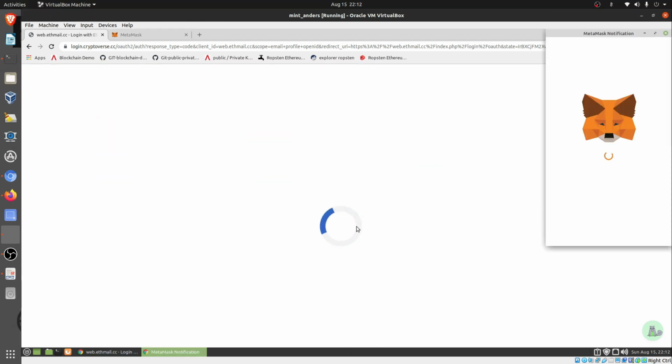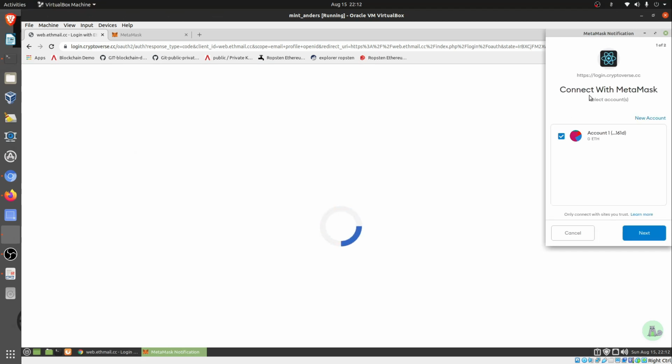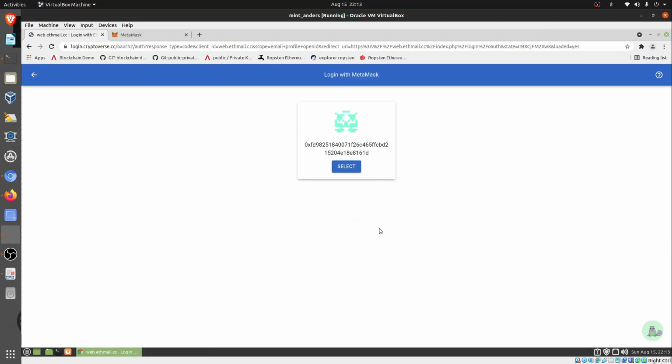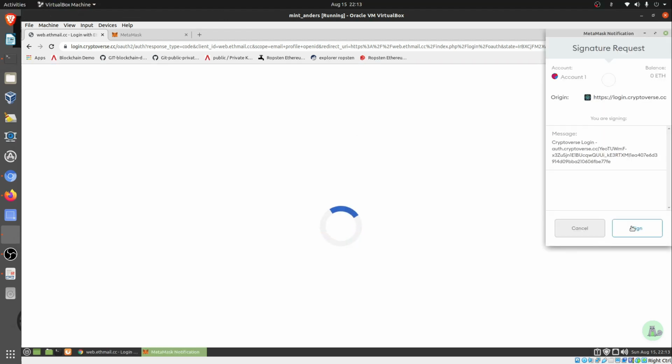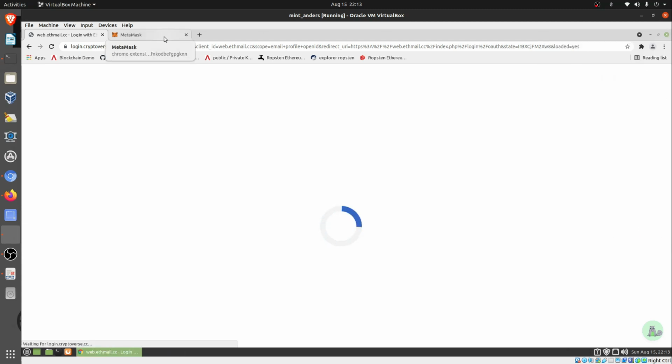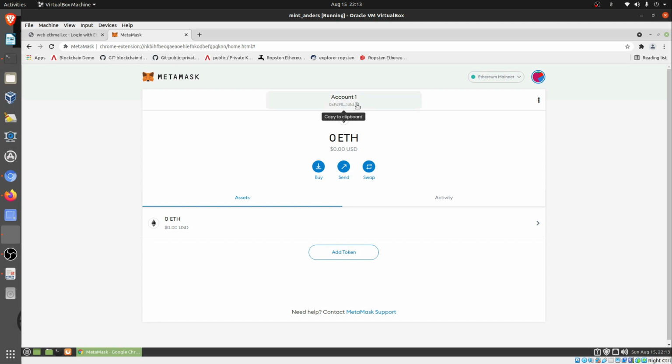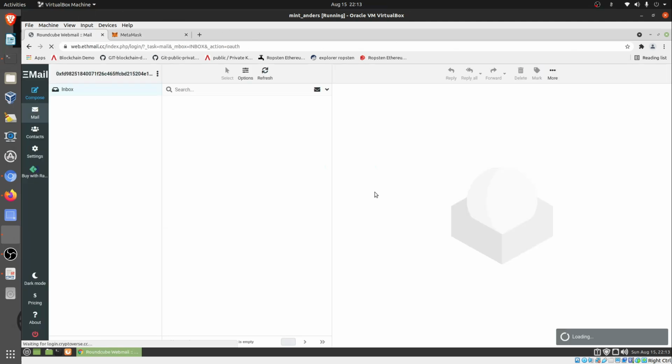So I'll click MetaMask, and the moment I click MetaMask, it gets activated and connects with MetaMask. The MetaMask wallet gets the notification from the website that this third-party website is asking for authentication. I authenticate, yes. View the address of the permitted accounts required. Okay, so I have this account, I connect. This is the account, I select, and this gets activated again. I sign it. So this is my address, and it will be automatically detected by this interface.